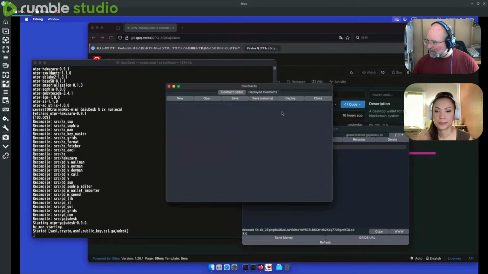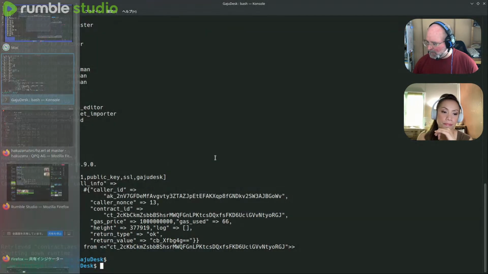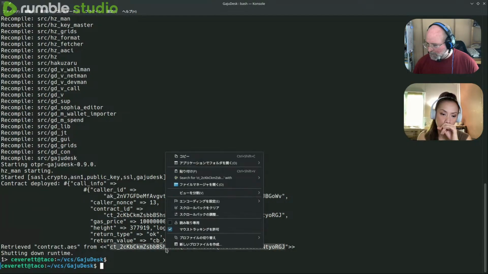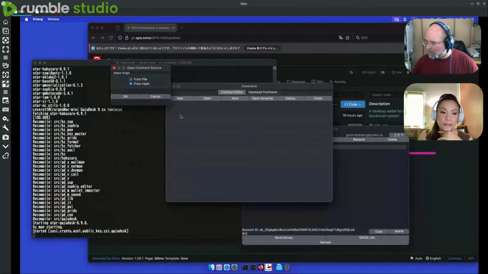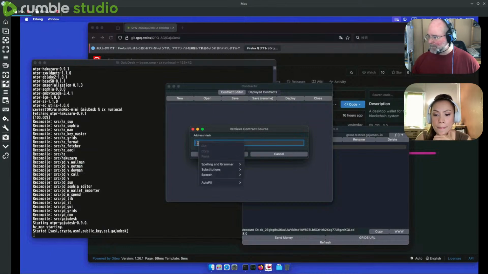So now let's see if I can open... I need to open from hash on chain. Can I open this contract that I put on chain over here? I don't know that I can paste. Is there a way I can paste from... because pasting from my side won't work.